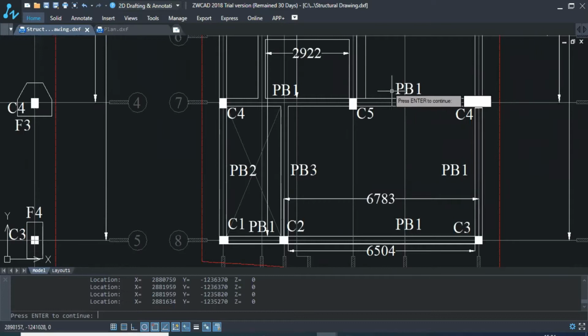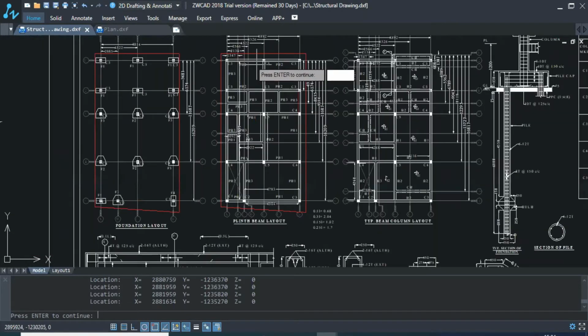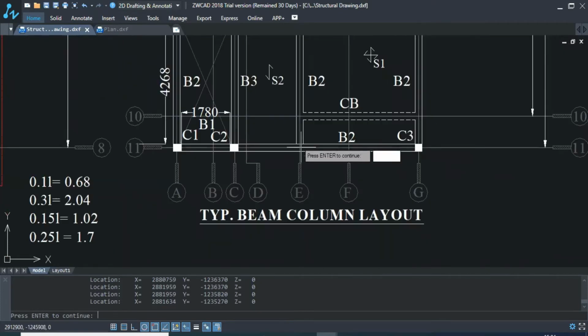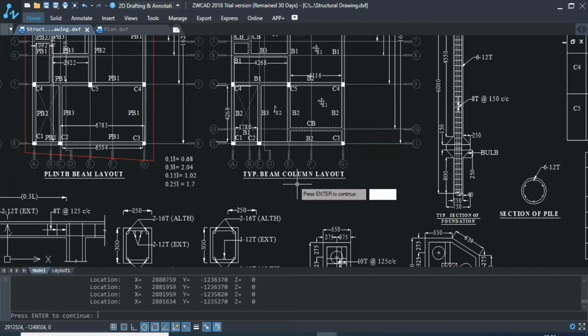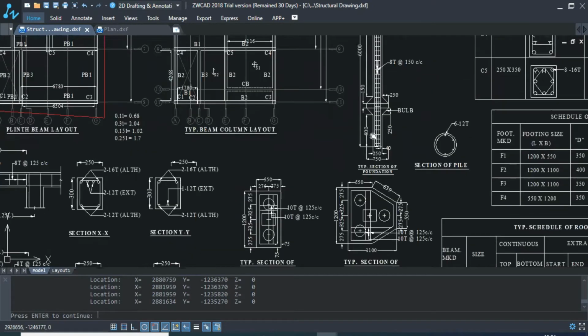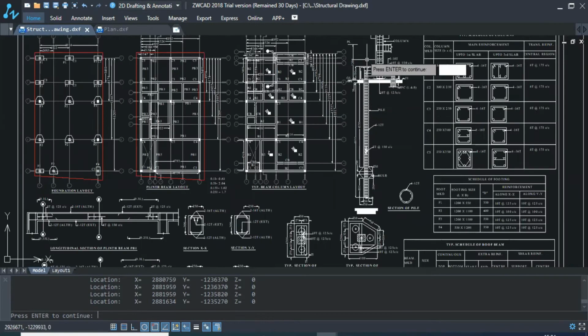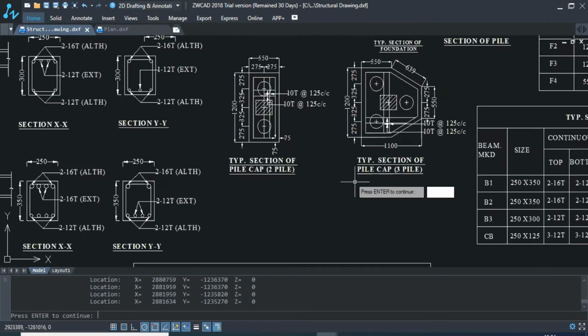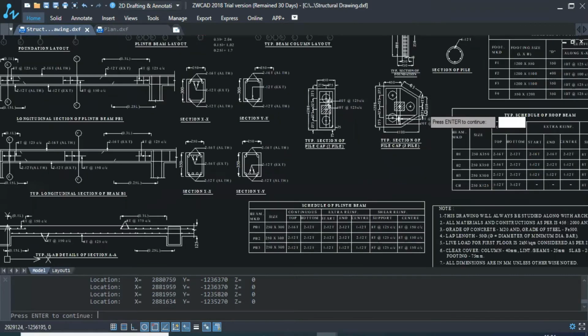Here you can see the plinth beam has different names according to the reinforcement. This is the roof beam. This is the column and roof beam layout. This is the section of foundation. Here you can see this is the pile foundation, this is the 2 pile cap and this is our 3 pile cap.